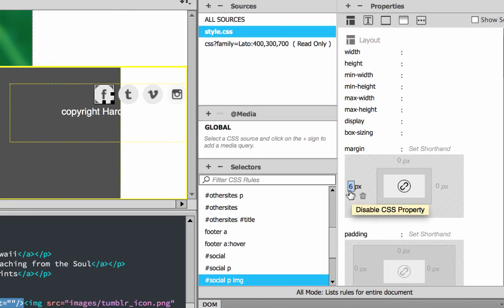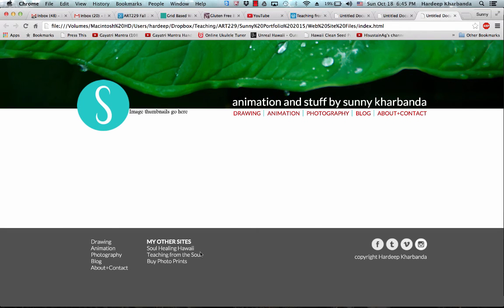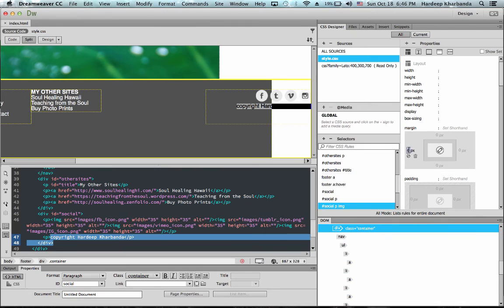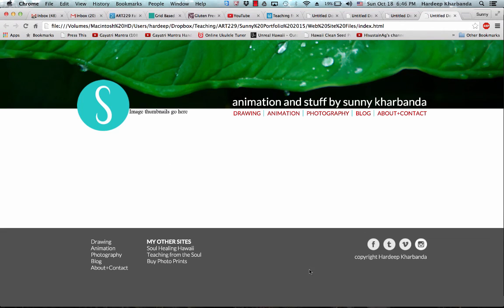So each of these images is getting a left margin of about 6 pixels. Let's see how that looks. Okay, I could increase that margin a little bit to about 10 pixels. And there you have it.